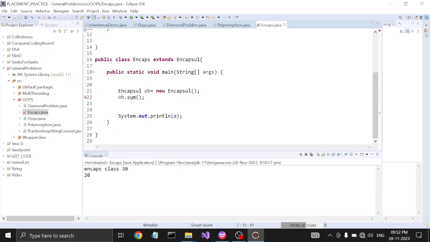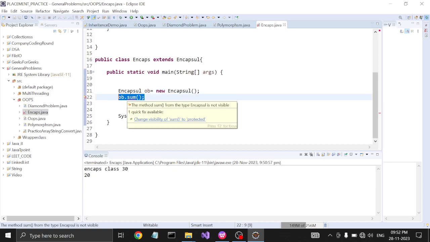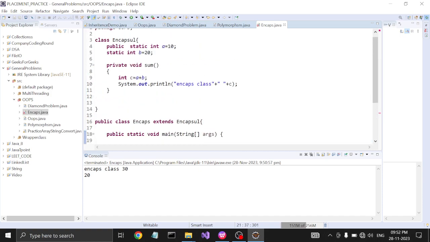I am getting an error here, which shows that the method sum from the type Encapsule is not visible because we have made it private. So we achieve encapsulation in this class.